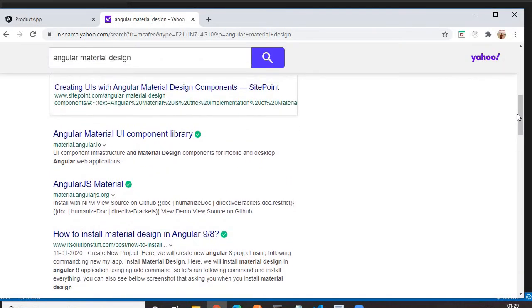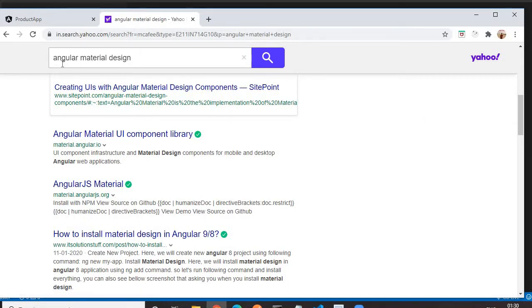So today we'll learn how we can integrate the third party library Angular Material for a better look and feel of our application. You can also integrate Bootstrap, and most of us are aware of Bootstrap, so we'll learn something new, that is Angular Material, how we can include the Angular Material UI component library. In the Angular Material UI component library there are some pre-built components, so we don't have to take care of the CSS. They are already pre-built, we just have to use them, which saves a lot of time and effort.